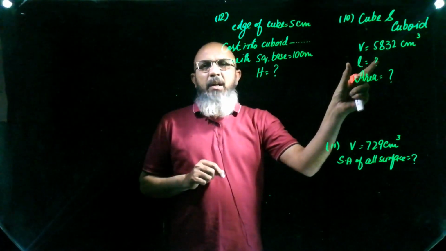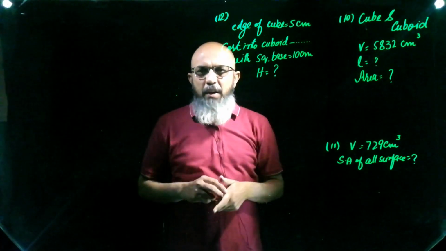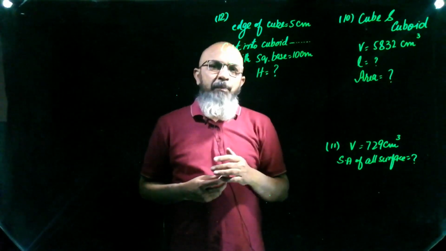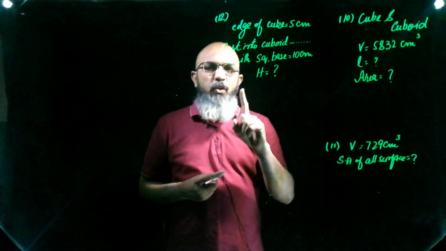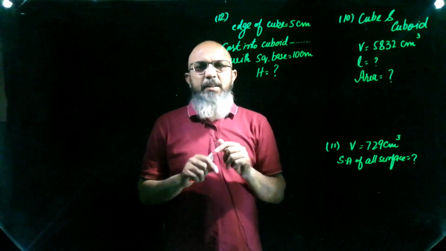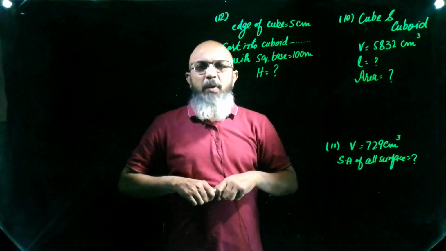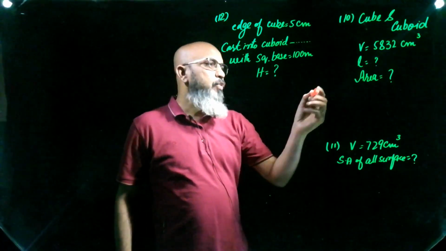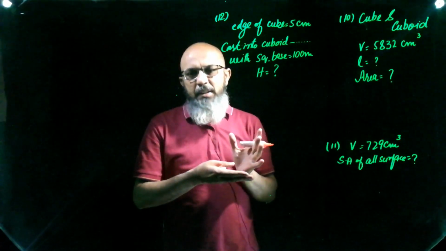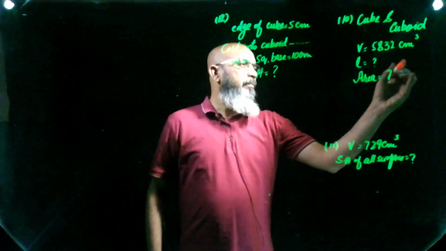So first we have to find the length of the edge, as the volume of the cuboid is this one. If your volume is given to you and you have to find the length of the cube, first of all remember the difference between cube and cuboid. A cube has all sides of the same length, so we always take the cube root of the volume to get the length of an edge of a side. So how do you find the cube root? We will factorize and the answer will come in triplets. Then we take one number from each triplet. So let's start doing the calculation.